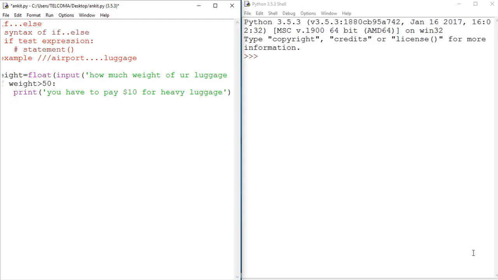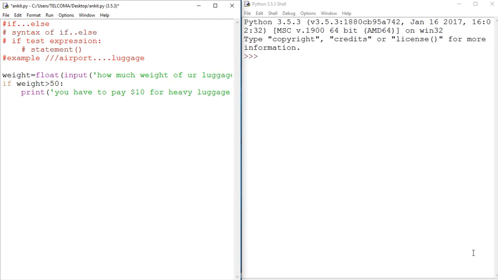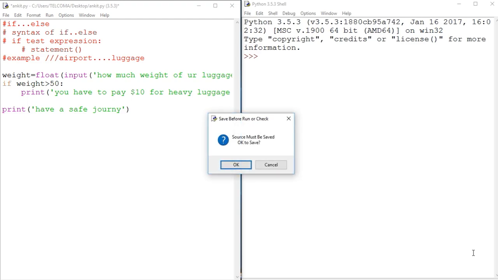Now write down for that if statement. Here the if statement is over. Now you have to write, if the weight is not greater than 50, then you have to print out simply: have a safe journey. Now if I run this program,